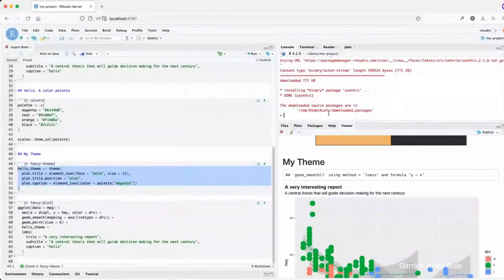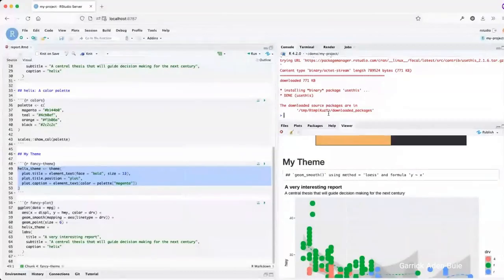So devtools is used specifically for things like checking or testing your package to a certain extent. But usethis is the main place to go when you're trying to figure out where you're supposed to put files, how you create the package, that sort of thing. It's much easier to use usethis to coordinate all of that.